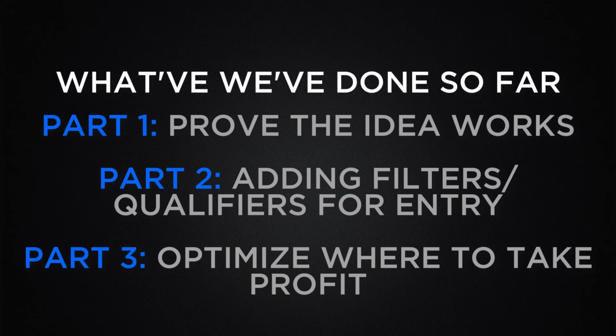After that was successful, I moved on to part 2, which was finding better entries, trying to eliminate some of the losses from the baseline test by adding confirmation at entry. If you remember that video, it didn't go too well at first, but I did end up having something that may work. And now part 3, we're going to talk a little bit about target taking